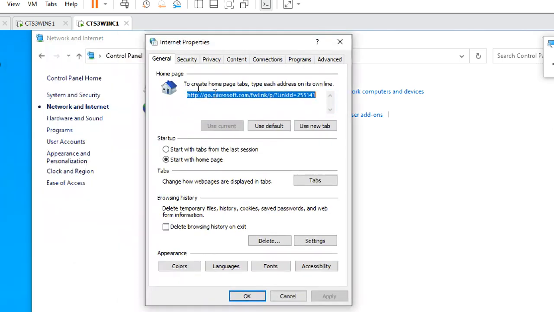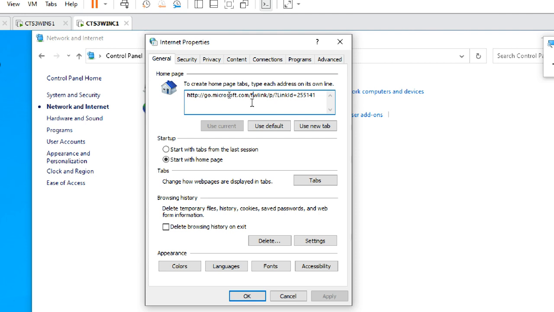So this is the home page button. You can see the general tab, and this is the home page. What is this home page? When you open a browser, it immediately connects to this one only. For example, you put google.com. So you open a browser, google.com will open. Otherwise it will open this one, or you can change it to a different one, google.com or facebook.com. This is your home page.